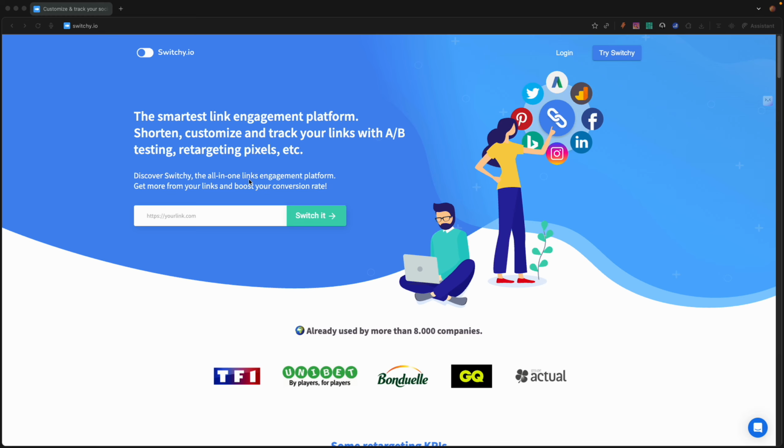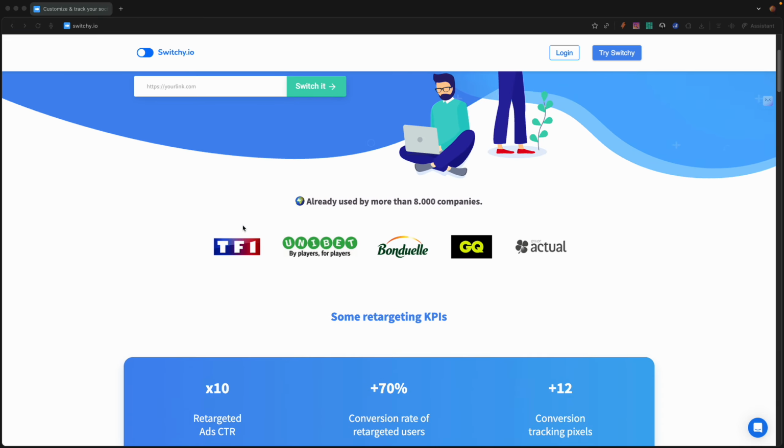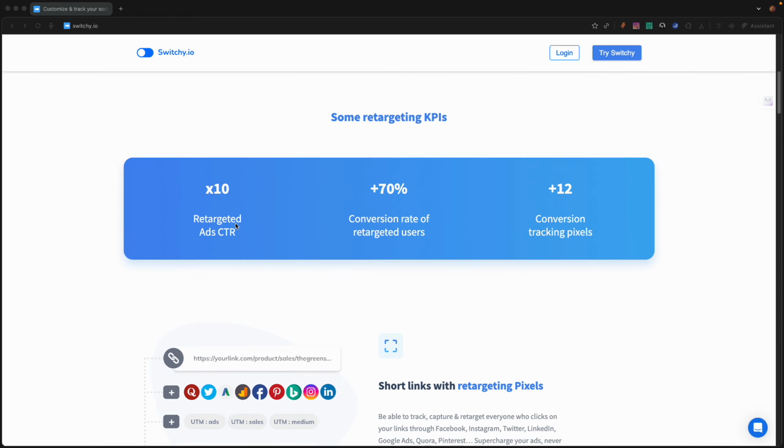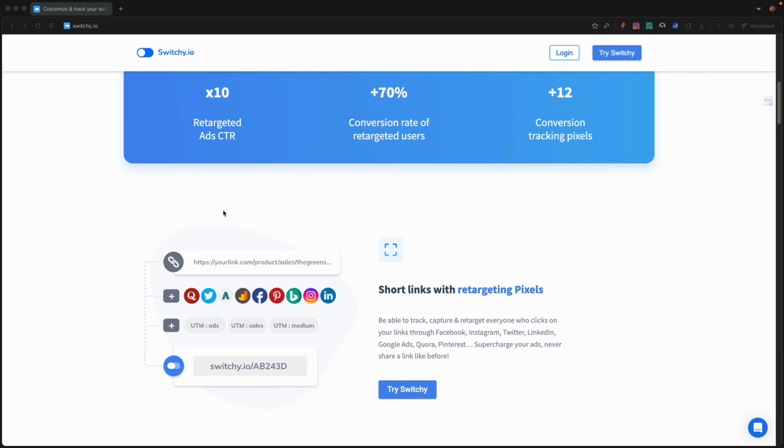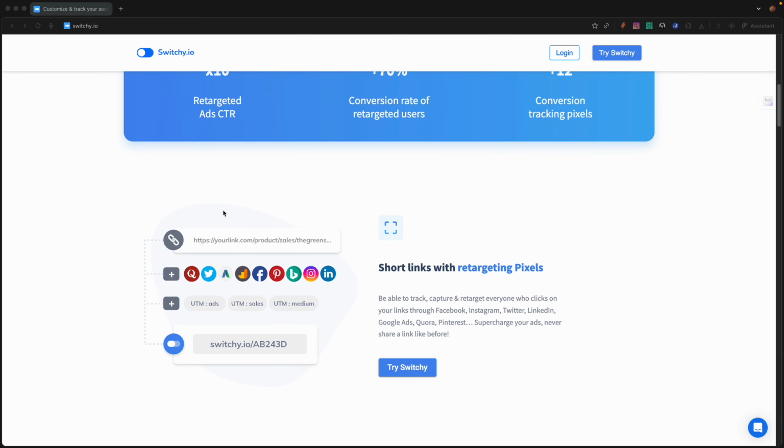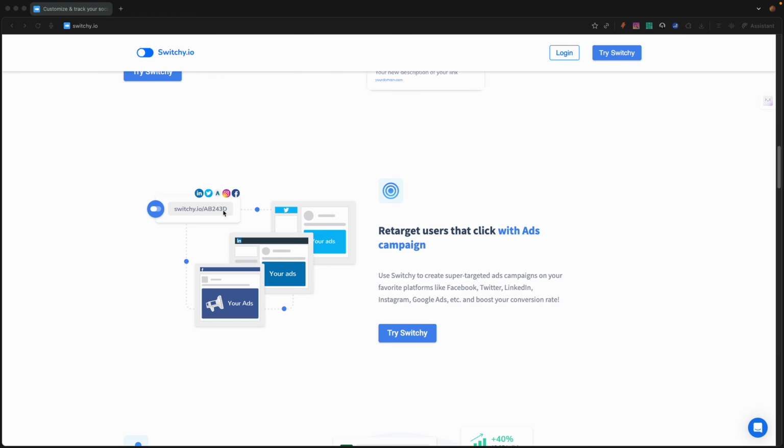So what we need is a tool like Switchy to shorten our links to make them more visually pleasing to the audience. And not only that, give us, the users, a bunch of power tools such as analytics and being able to have smart pages. Well, what smart pages? I'll show you what that is in a minute. But right now we are on the Switchy homepage. And as you can see,